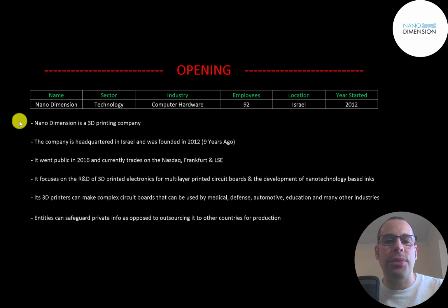Nano Dimension is a 3D printing company. The company is headquartered in Israel and was founded in 2012. It went public in 2016 and currently trades on the Nasdaq, Frankfurt, and London stock exchanges. Its focus is on the research and development of 3D printed electronics for multi-layer printed circuit boards and the development of nanotechnology-based inks. Its 3D printers can make complex circuit boards that can be used by medical, defense, automotive, education,